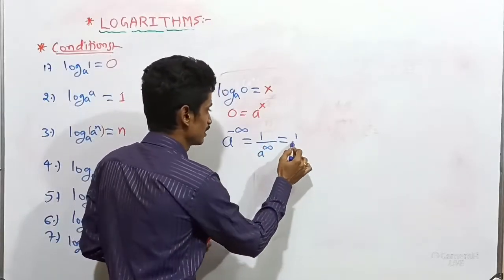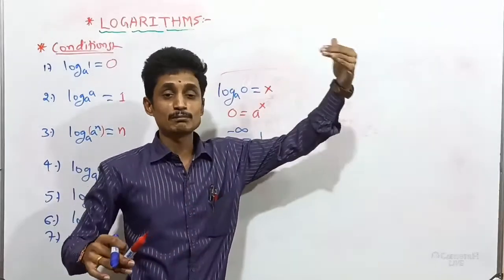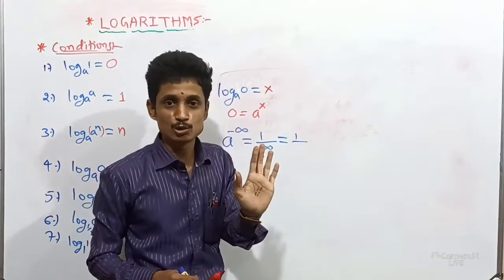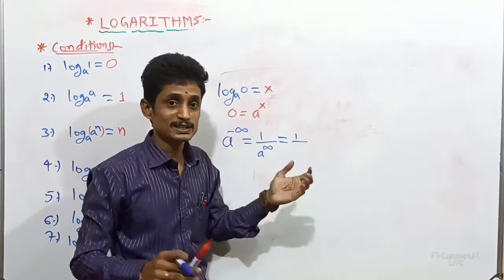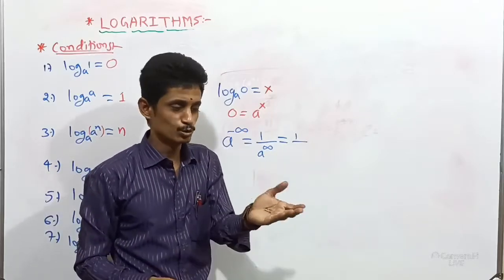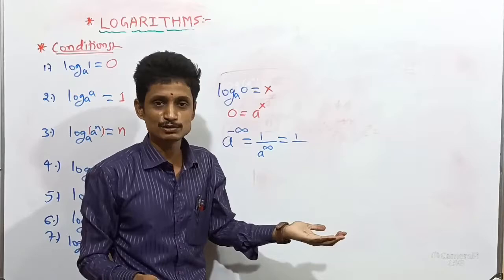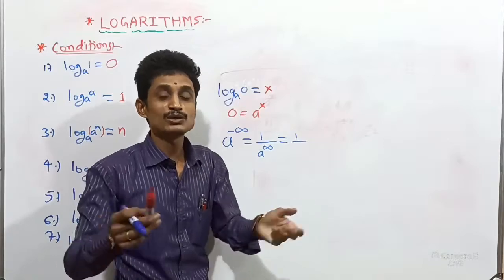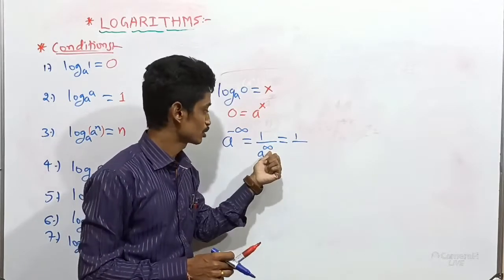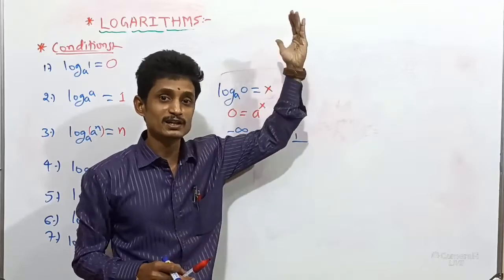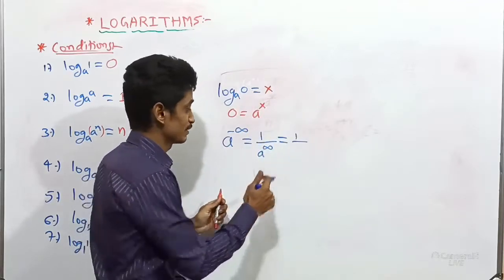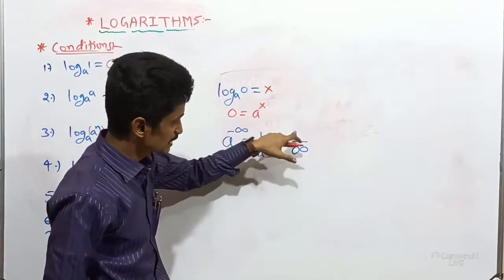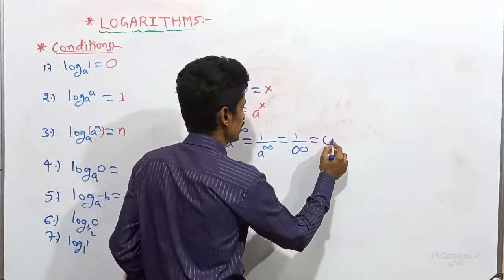What is the actual result? A number power infinity means infinite number of times you multiply. Infinite means how many times you multiply, particularly you don't know. Those many times you multiply, then how can you predict your answer? 2 into 2 into 2, 5 times is okay, 10 times is okay, 100 times is okay, 1 lakh times is okay. But infinite times, how can we predict our required answer? Particularly we don't know how many times we are multiplying. Infinite number of times we are multiplying, that's why our answer will be infinity only. Before that, I discussed with you what 1 by infinity actually is. That answer will be 0.